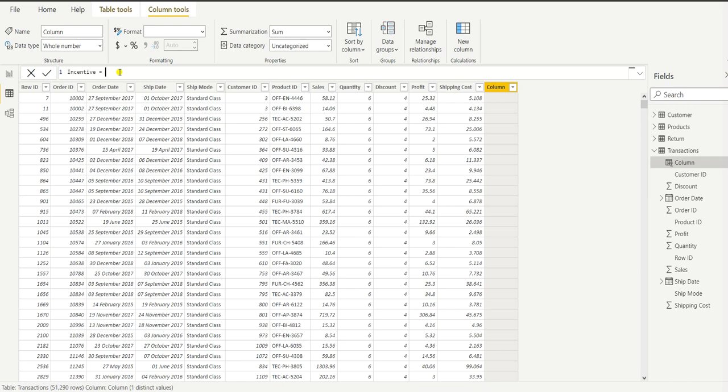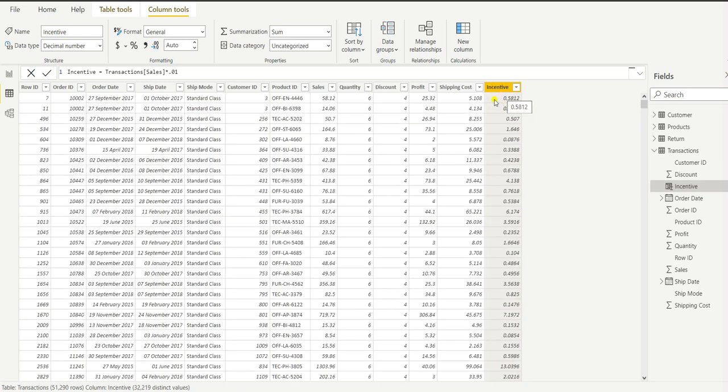Sales comes under the transaction table, so we will select the transaction table and then multiply. What is 1%? 1% would be 0.01, so multiply by 0.01, and we simply hit enter, and the program will calculate the function and we will get the results. You can see the 1% of sale has been calculated row wise and a new column is generated.